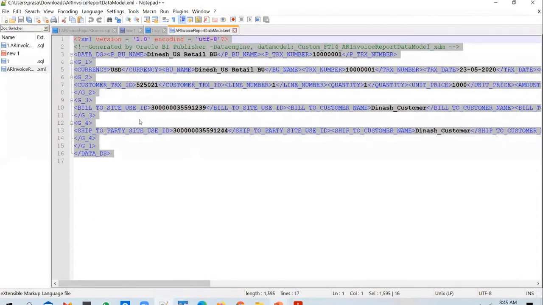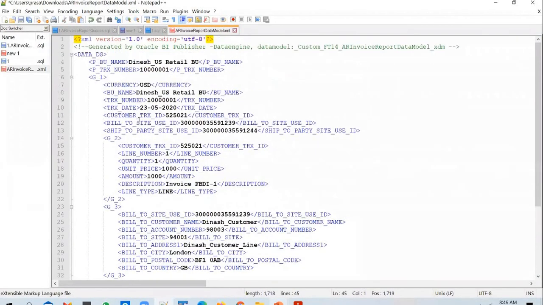For those of you who are looking at this for the first time, this is how XML format looks. For every tag, for every attribute, you will have a start tag and an end tag. So say for currency, you have a currency start tag and you have a currency end tag. How do I know which one is a start tag and which one is an end tag? Start tag will look like this. End tag will be exactly the same, but you have a slash at the beginning. And between the start and end tags, you have the actual value.